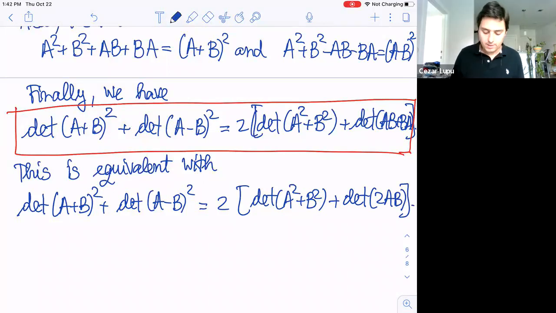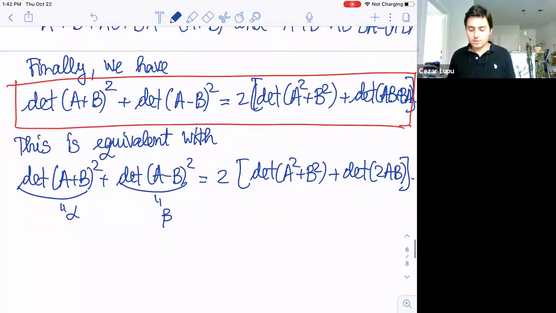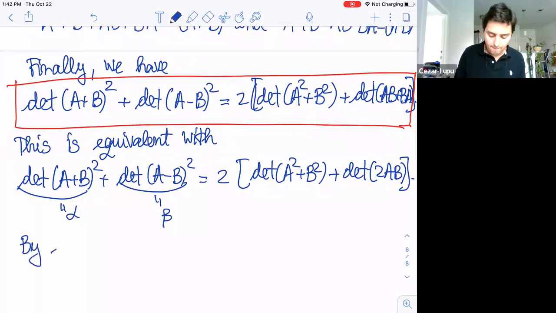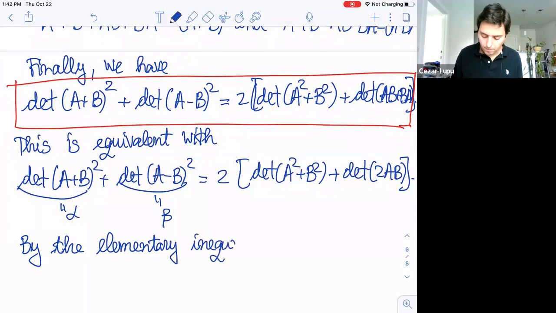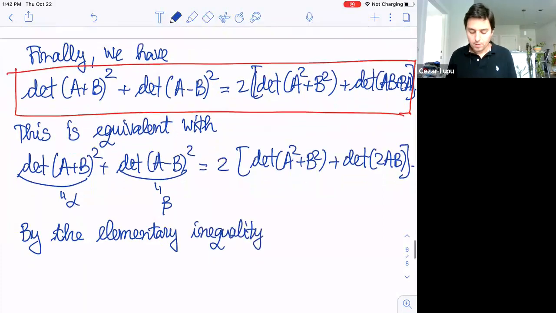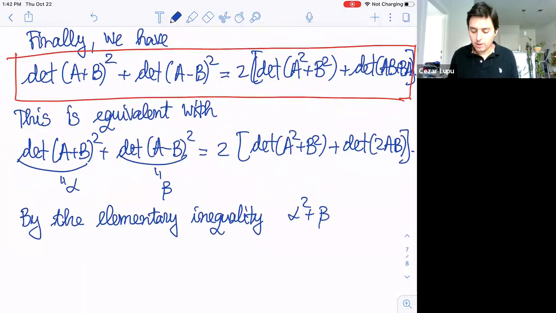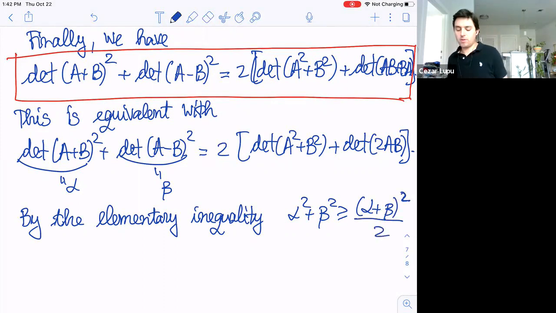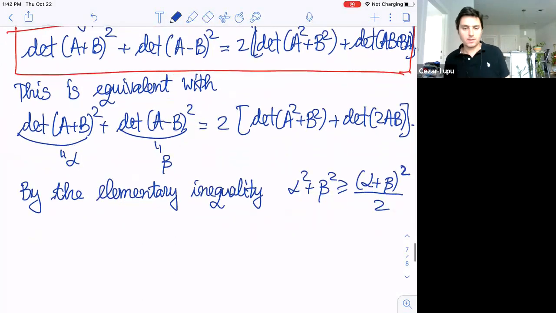Okay, but now let's look at these guys here. Let's say this is like an alpha, and this is like a beta. So by the elementary inequality, alpha squared plus beta squared is greater or equal than (alpha plus beta) squared over 2. So by this elementary inequality, guess what we have? So we obtain